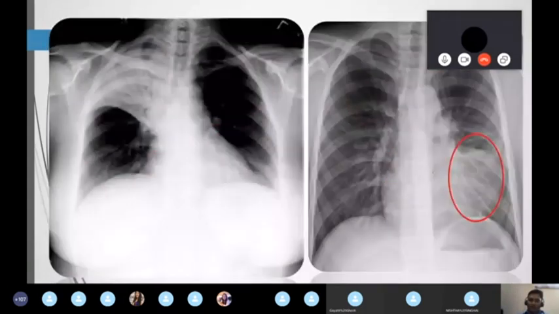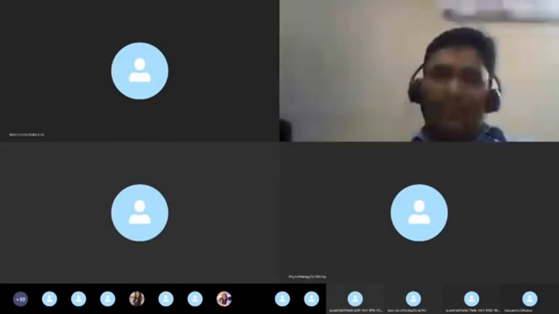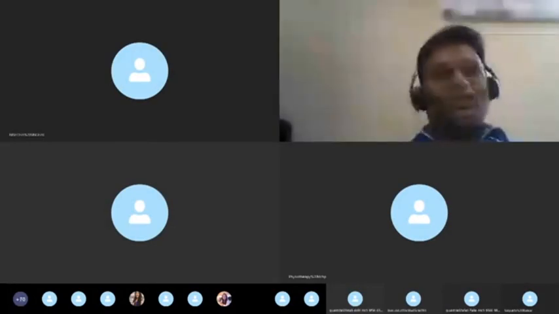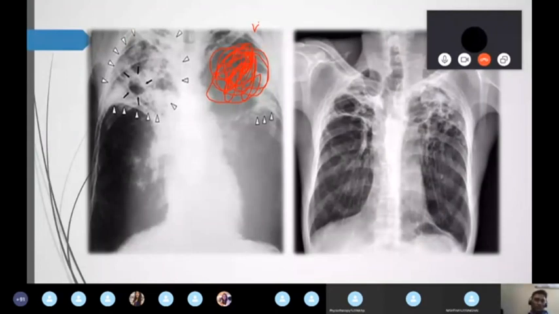Let's see a couple of examples so you understand. Can anyone diagnose what this is? Is it pneumonia? Agree, but keep in your mind, think about why not TB also. Because in the upper zones there's more chance of involvement of TB also. So here you have to do acid-fast bacilli testing also.